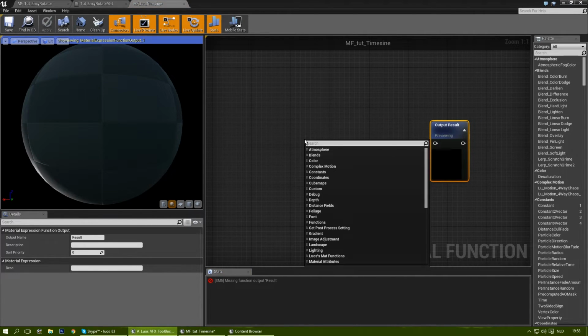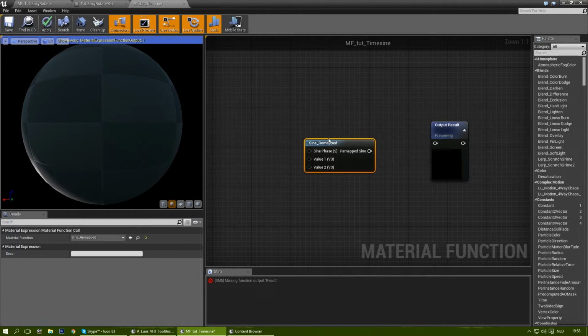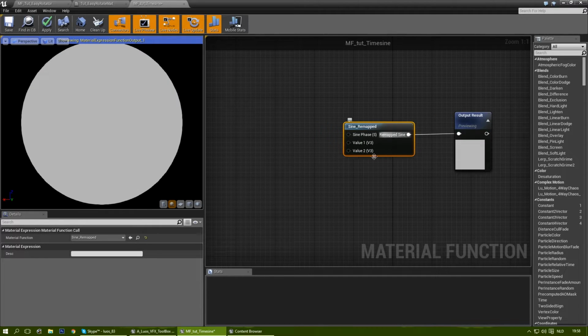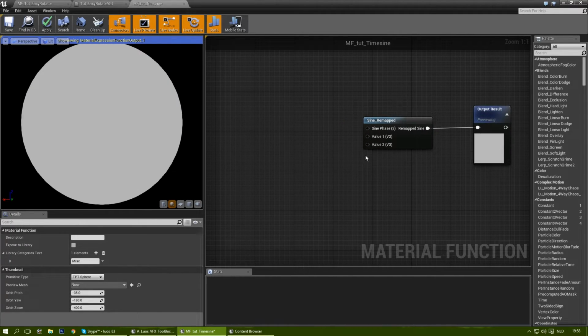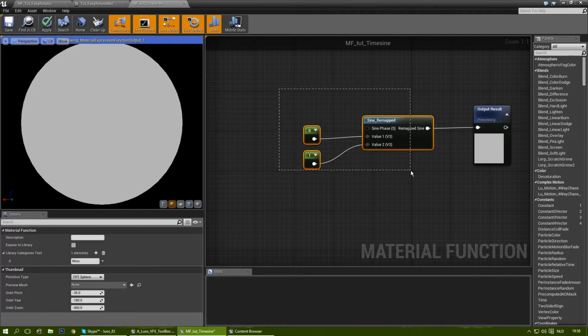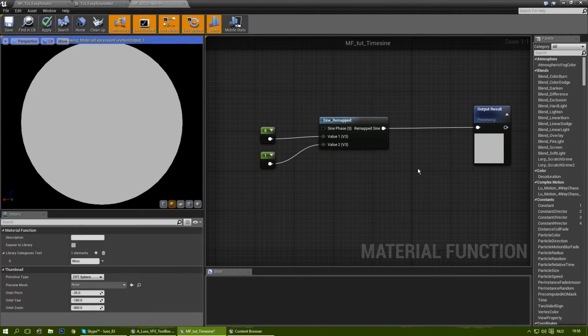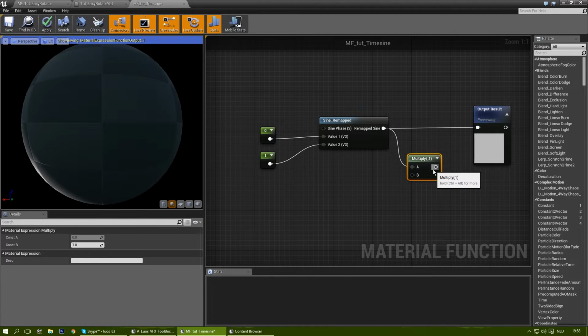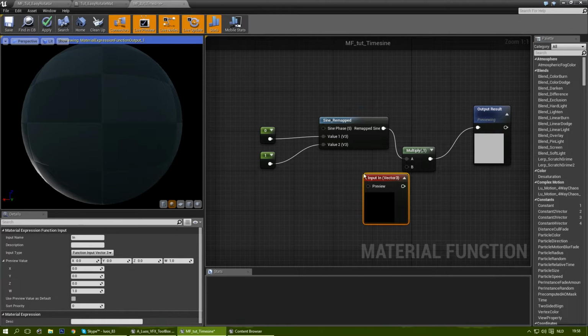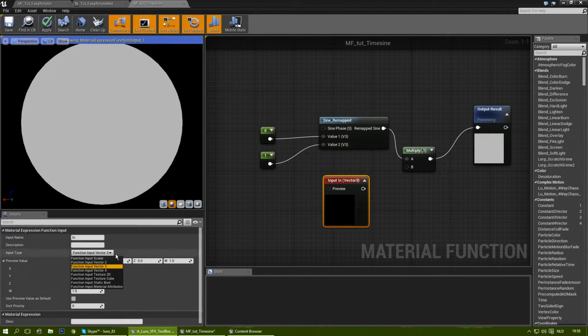So let's get a sine node, the sine remapped. There we go. We plug it in. Value 1 and 2 will be 0 for value 1 and a 1 for value 2. Now we can multiply this value, of course, like this. We need an input, a function input. It's going to be a scalar since it's going to be one value,